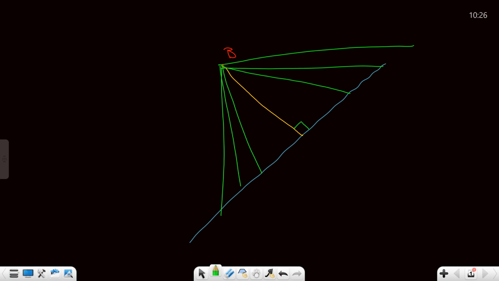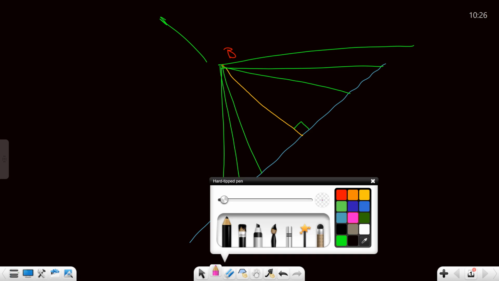So Brandon has an infinite number of ways to get to the river. We all agree that he wants to go in a straight path to the river, correct? He's not going to go backwards, right? So we know that he's heading towards the river. He has an infinite number of ways to head to the river. I drew 6 possibilities to get to the river, the green ones. Any one of those green ones becomes the hypotenuse of some right triangle. Okay, so for instance, let's get another color involved here.